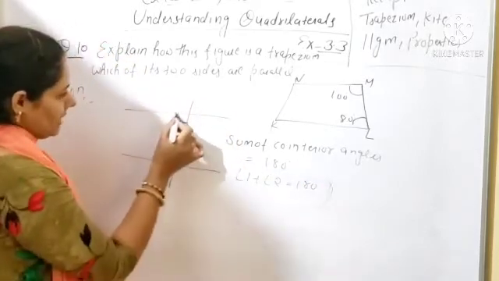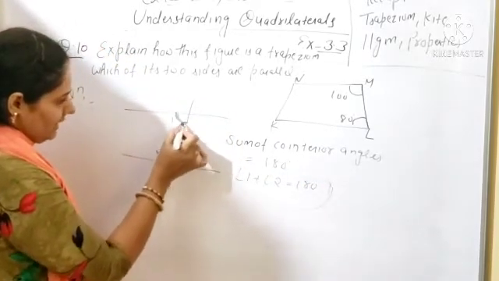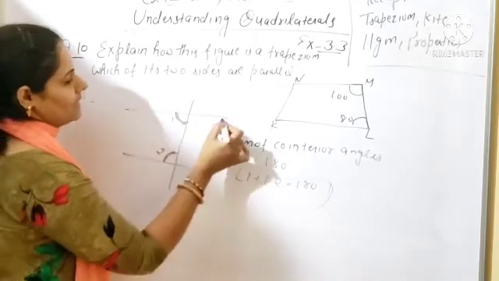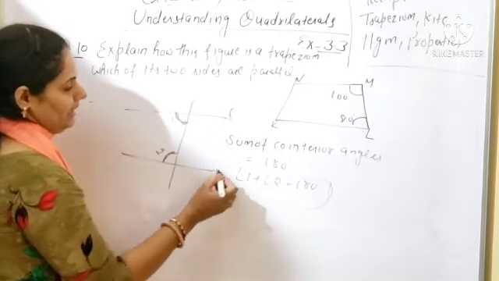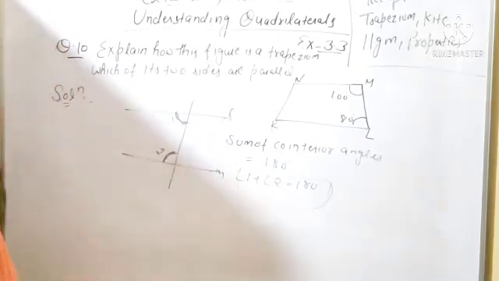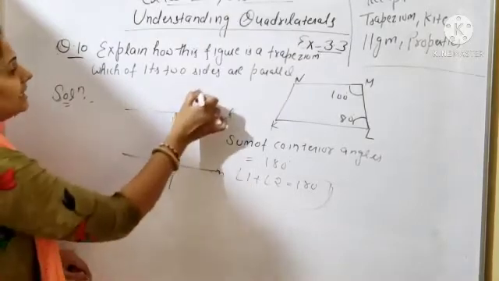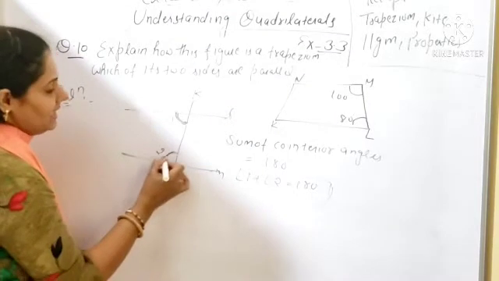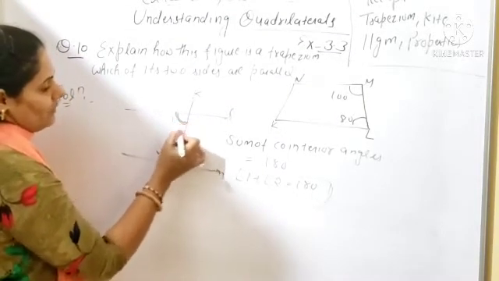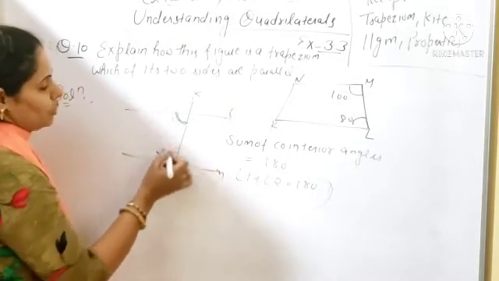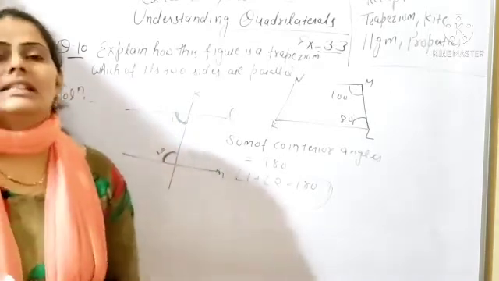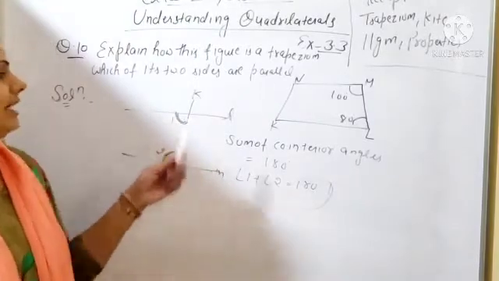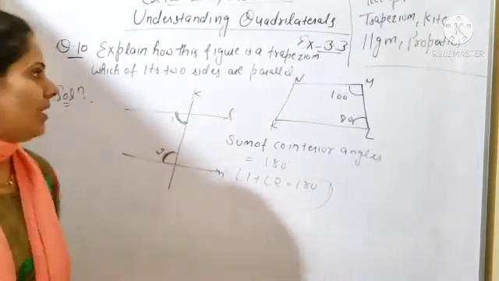Clear? So here, which type of angle is this? This is an interior angle and this one is also an interior angle, and this line and this one, for example, you can give the names L and M. So L and M are two parallel lines, and this line K is the transversal line. Both the angles are on one side of the transversal line and both the angles are interior angles. So you can say this type of angles are called co-interior angles, and the sum of co-interior angles will always be equal to 180 degree.